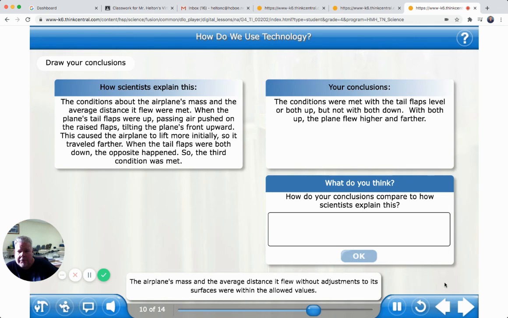The airplane's mass and the average distance it flew without adjustments to its surfaces were within the allowed values. Therefore, the first 2 conditions were met. When the plane's tail flaps were